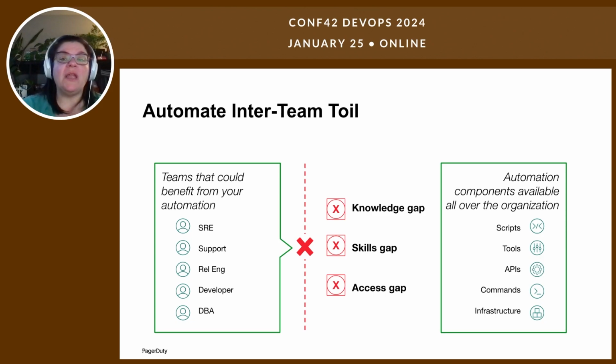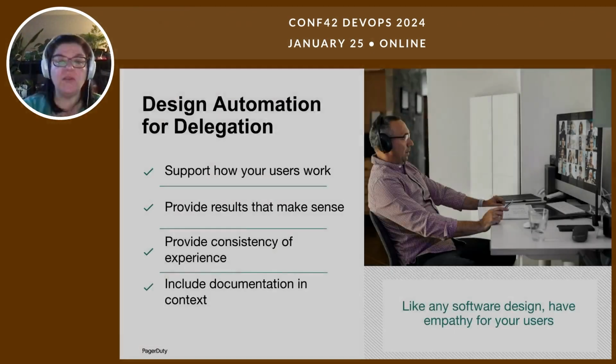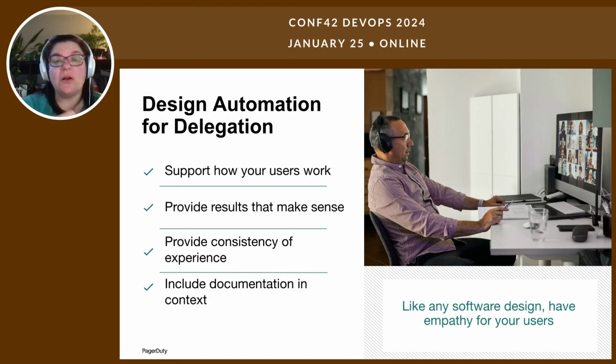So as we are building for the goal of taking toil off my plate and giving it to Alice as maybe a click button somewhere, then I want to make sure that I am resolving all of her questions via the automation and taking care of all that stuff. So I want to be able to say, oh, I know Alice knows X, Y, and Z and will understand it this way, and I can address those kinds of gaps for her before I pass this automation over to her team. So we're basically building an internal product, right? When we build this kind of automation.